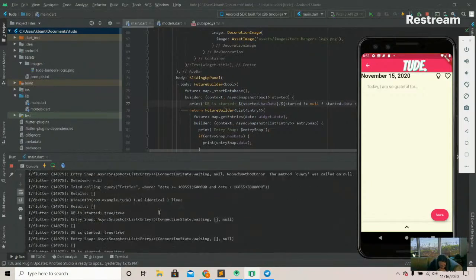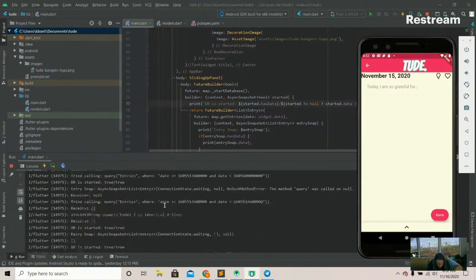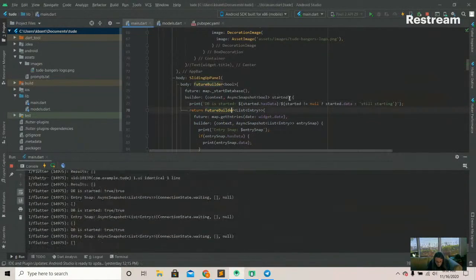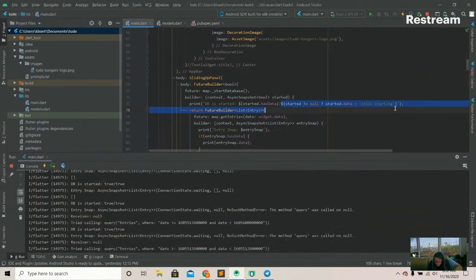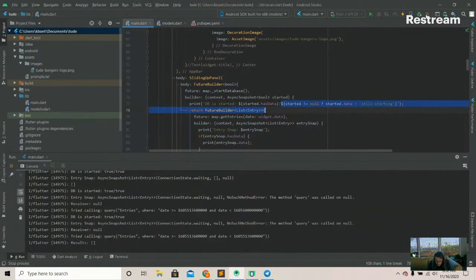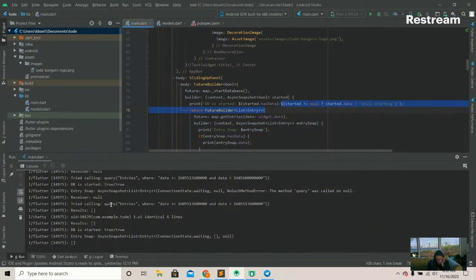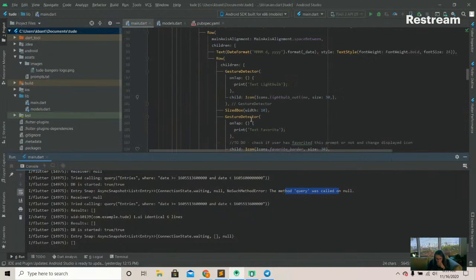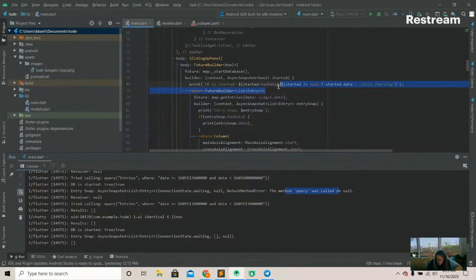So that seems to have busted something there. So let's see what happens. If we stop it, we can look in here a little bit. DB is started. True, true. Connection state waiting, no. The method query was called on null. No, it was not. Unless